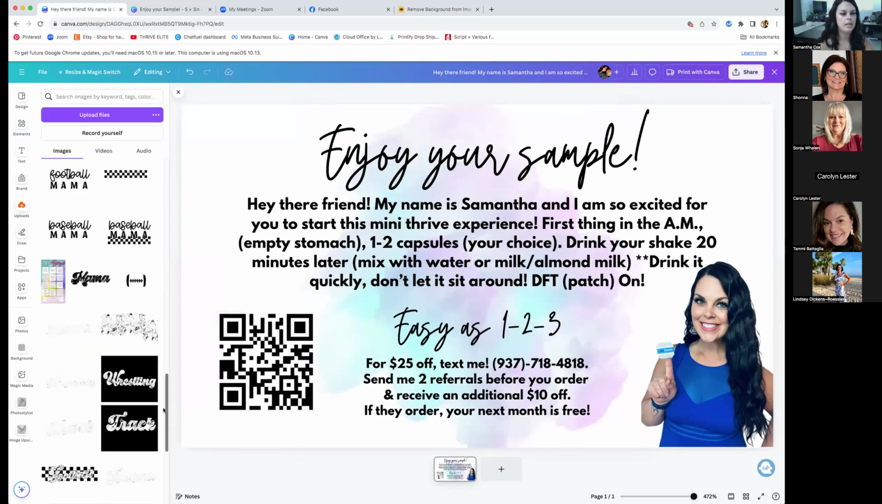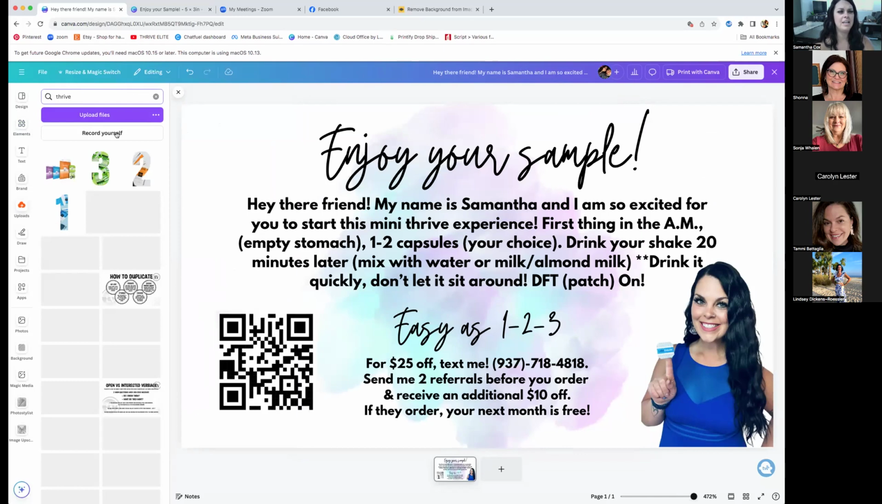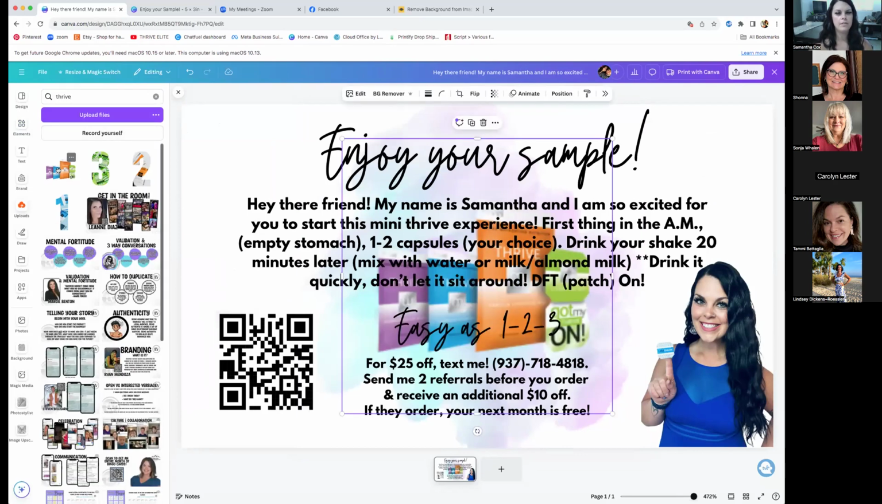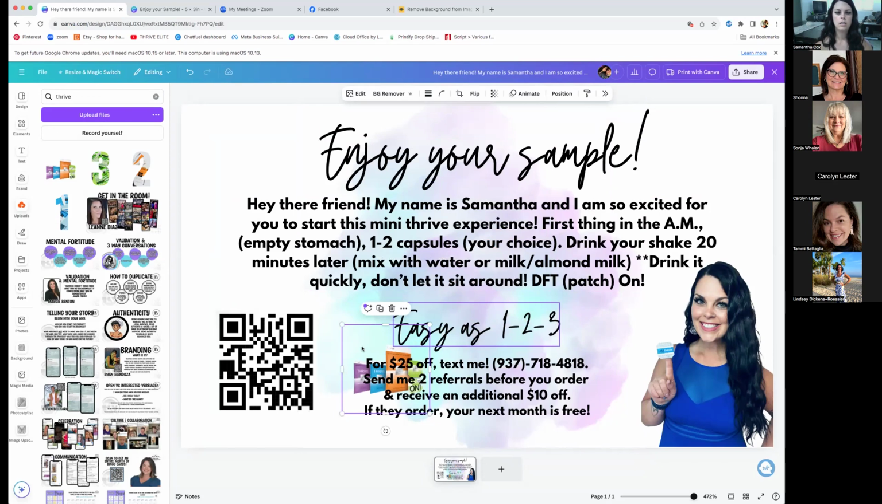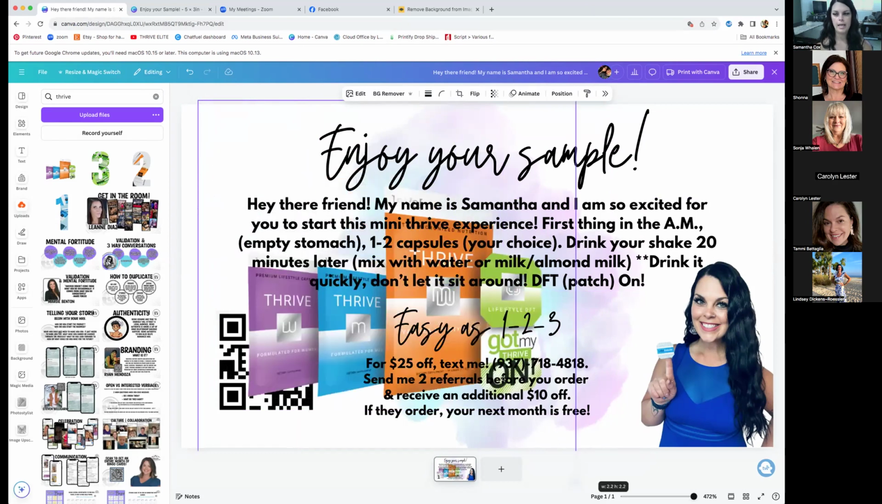I don't know if I'll have something in here that's... well, you guys, I work on this every day, so there's so many images. Okay, so I do have some Thrive here. See how even though it's behind the text, it's just too much going on here. I would either make it smaller and move it, okay? And this I've already removed the background of. Or you could leave it big,